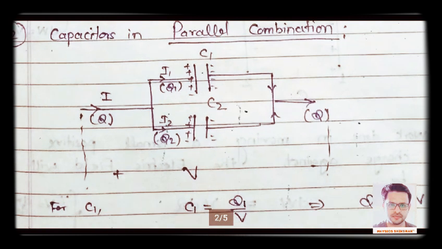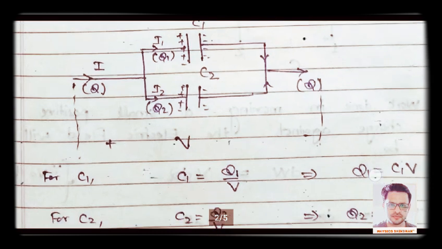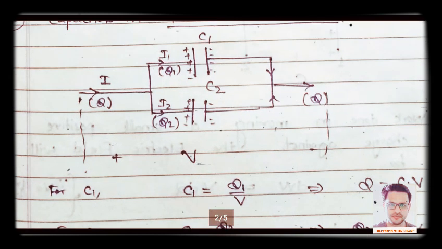Alright, now we are going to apply a constant potential V through a battery across the terminals, which you can see here, but in parallel the voltage remains the same. It means the V volt applied through the battery into the parallel combination of capacitors, then the voltage across the C1 capacitor will be the same as the voltage across the C2 capacitor, which will be the same as the voltage given by the battery.